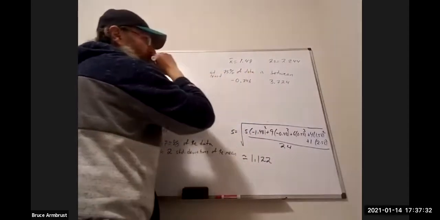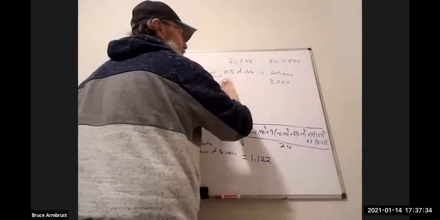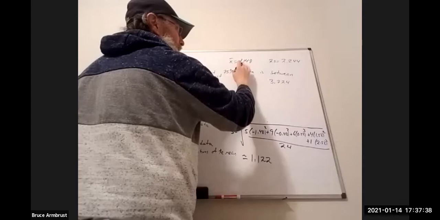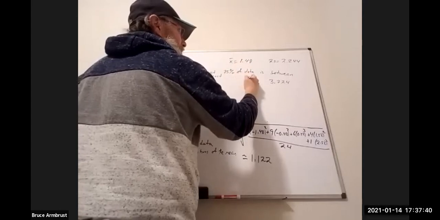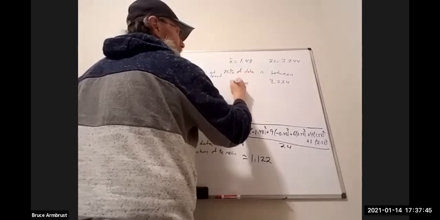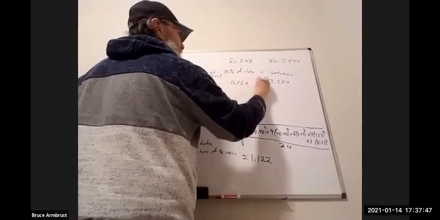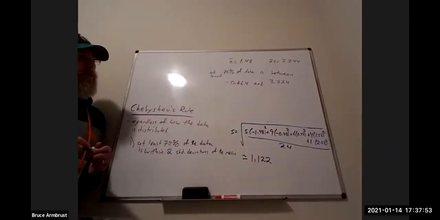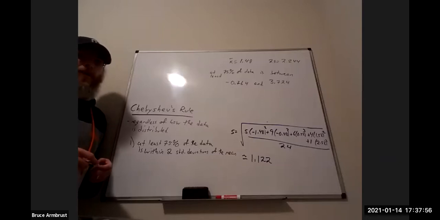Oh my goodness. No, hold on. That's completely wrong. 2.244 minus 1.48 is 0.764. That's better. Okay, so at least 75% of the data is going to be between negative 0.764